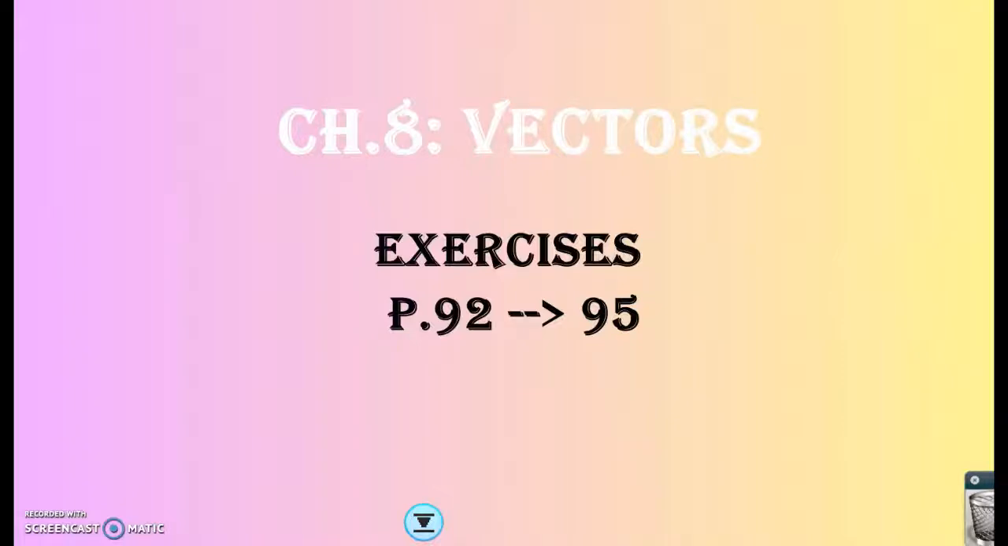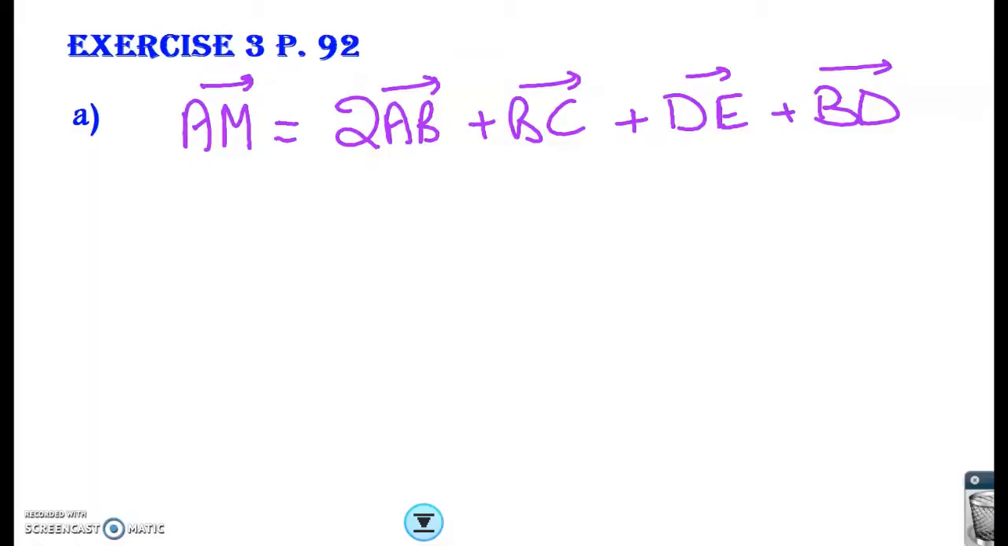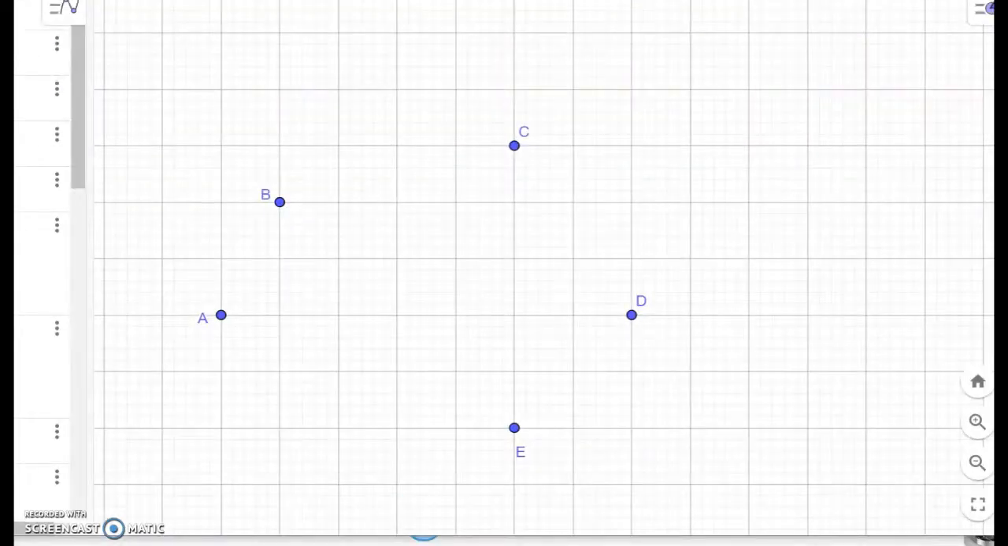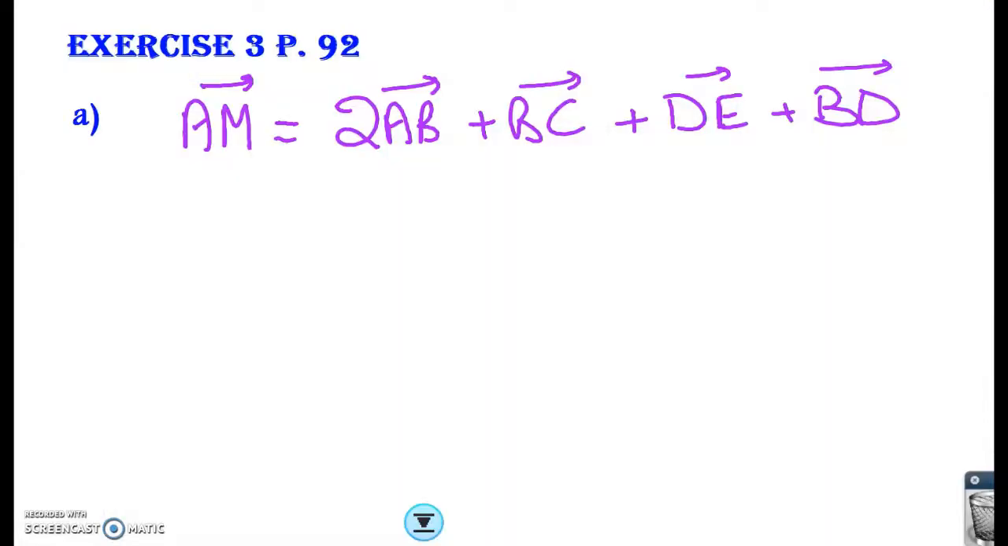In this video, I'm going to solve exercise 3, page 92. Consider the points A, B, C, D, and E. So you can plot any 5 points without any condition, A, B, C, D, and E. The first question is, part A, construct the point M so that AM equals 2AB plus BC plus DE plus